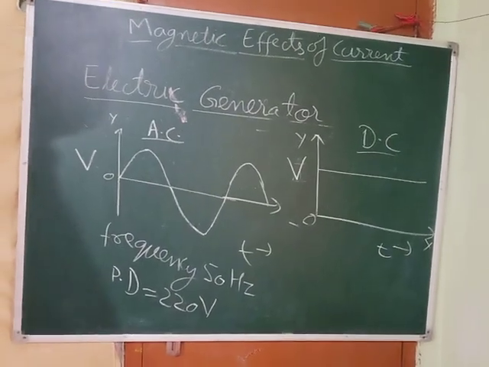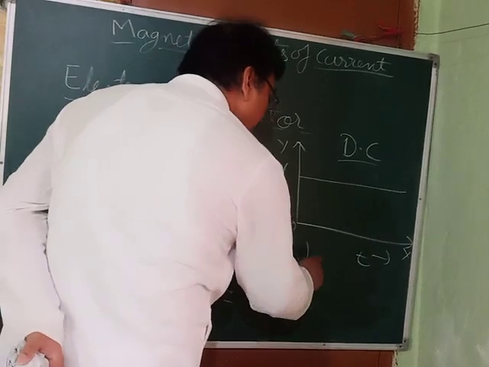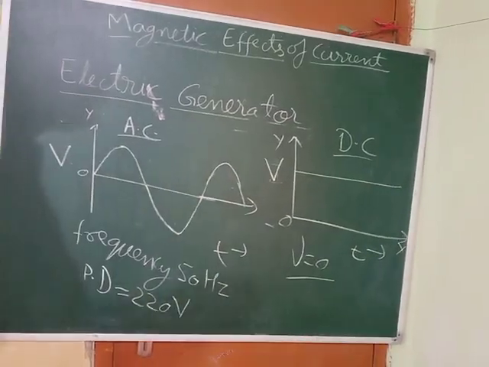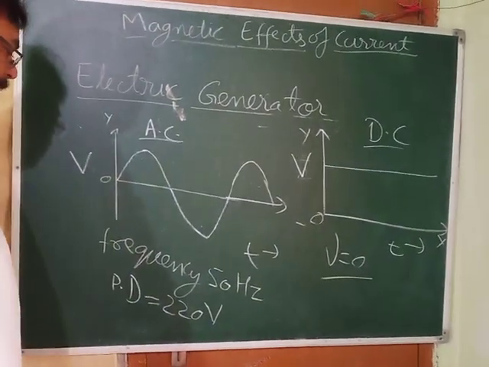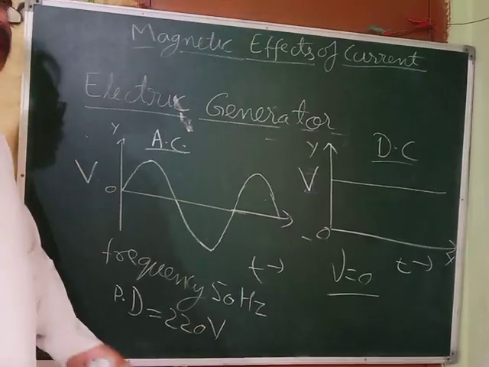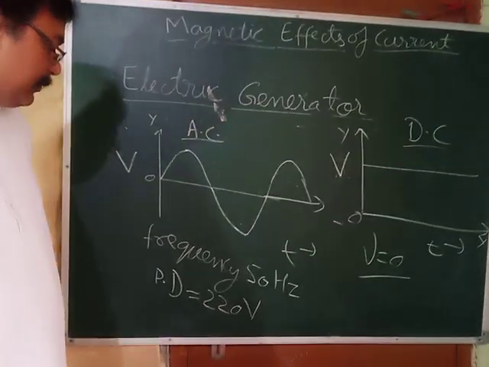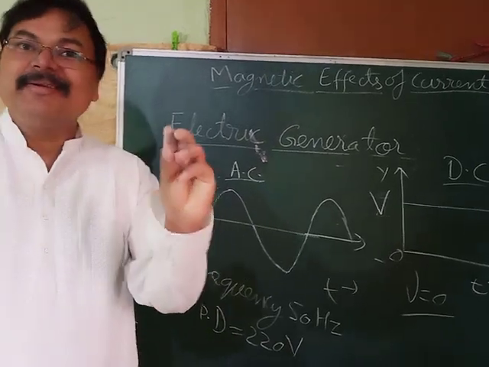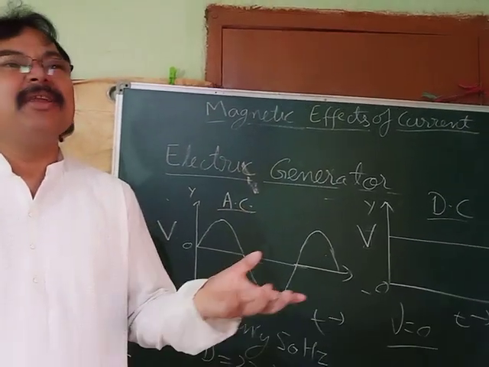What is the advantage of AC? What is the frequency of DC? Its frequency is 0, because see, no change. So where is frequency? No frequency at all. Now see here, it has got no frequency. Now why is AC actually more preferable? Because out of AC, suppose out of 220 volt, if you want to take 5 volt, you can use your adapter of 5 volt to get the 5 volt potential difference from there, and you can utilize it.